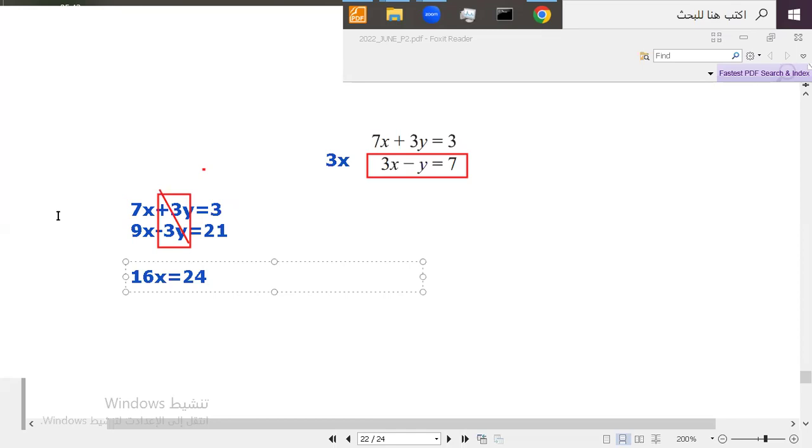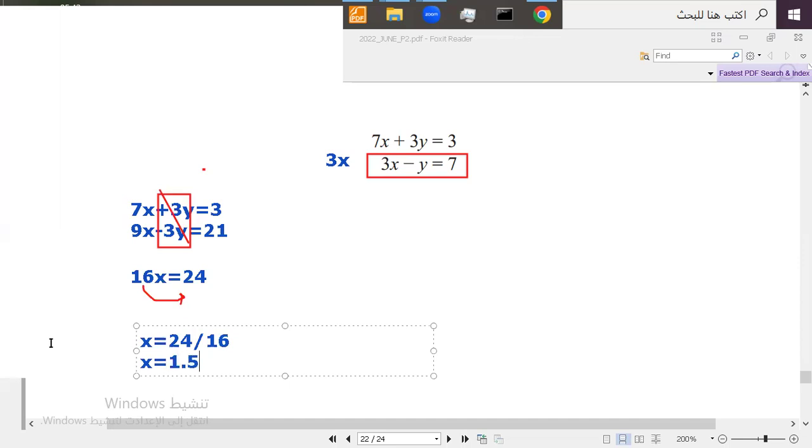Now I need the x alone, so I'm going to take the 16 to the other side by dividing, or divide both sides by 16. So x will equal 24 divided by 16. Let's do it with the calculator. 24 divided by 16, and the answer is 1.5. So x equals 1.5. Now I'm going to use this value, substitute it in one of the equations to find